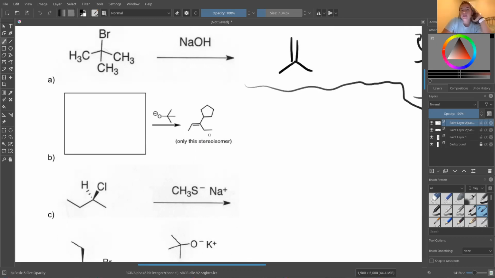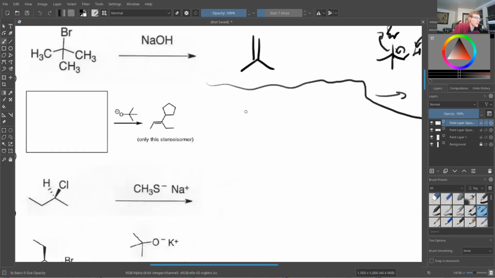Well, we see that it's a base and that's generally pretty bulky. So this is probably the Hoffman product of an E2 reaction. You're right. Great. Okay, so we know this is going to be the Hoffman product. So if I was to draw this whole structure back out,